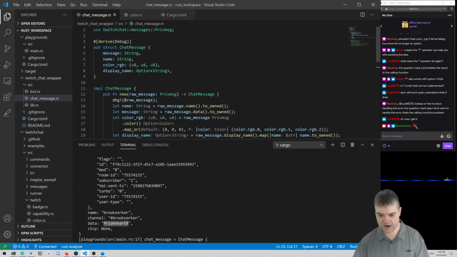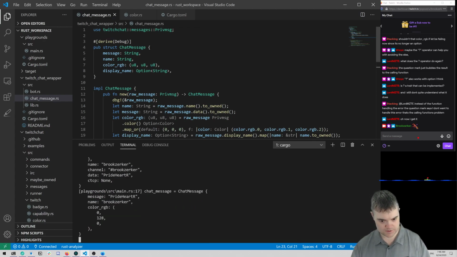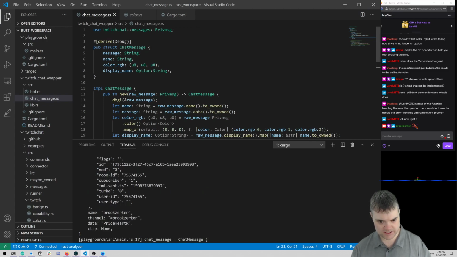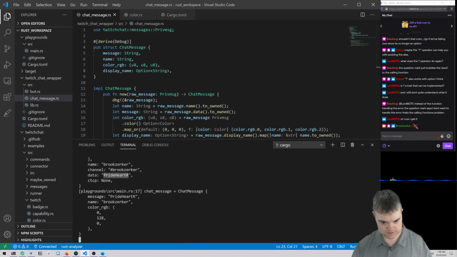Oh, interesting. So I see this. The emotes shows this here, but it's not the same. That's a little bit disappointing. So the data converted over... I guess that's what it did send. I sent this literal string.